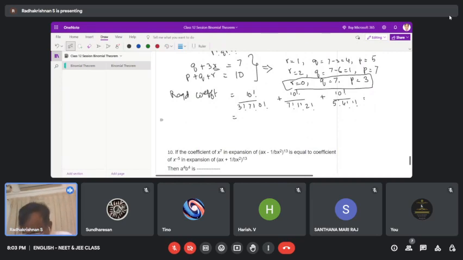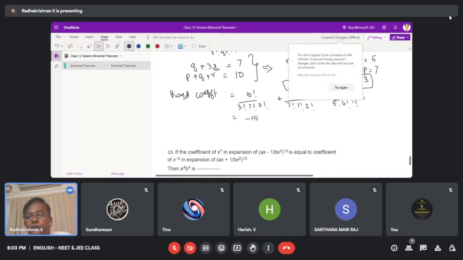So you can calculate each one of them. The first coefficient comes to minus 15,360. Second coefficient comes to